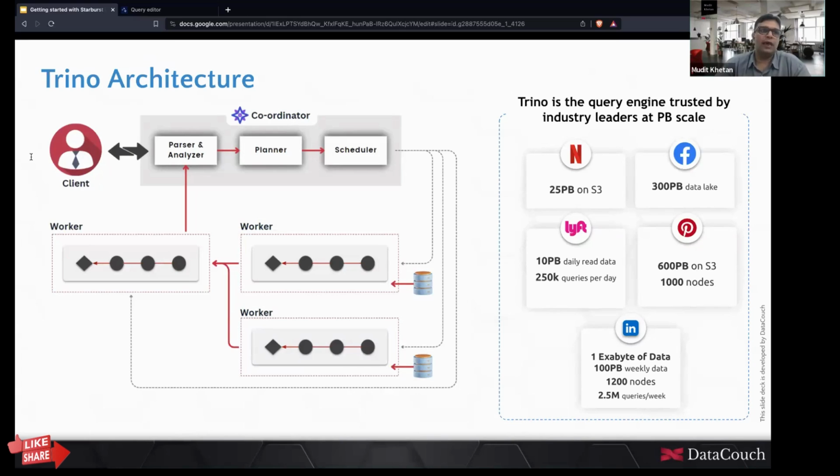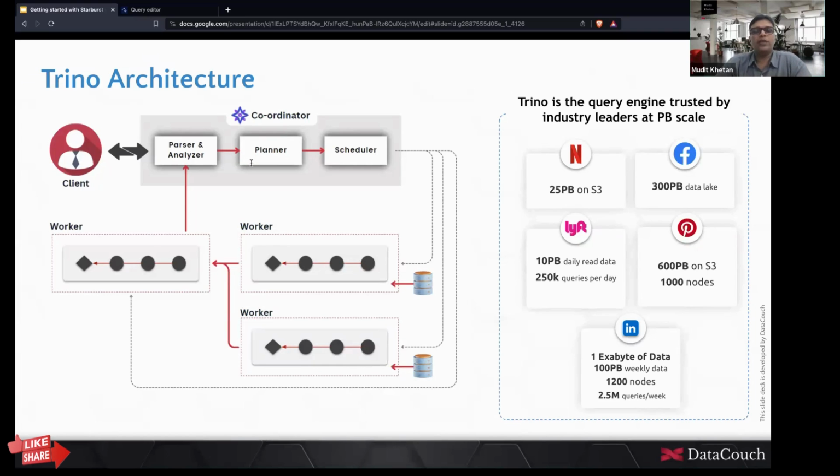So, for example, I'm the client, I'm the data analyst. I'm going to submit my query: select star from customers join orders on customer.customer_ID equals order.customer_ID, where customer category equals platinum, order by customer_ID. This is my query which I want to submit. And that query is submitted to the parser and analyzer. Suppose that I have the requisite permissions, I have the requisite privileges to access the data. That then goes on to the query planner and the query scheduler.